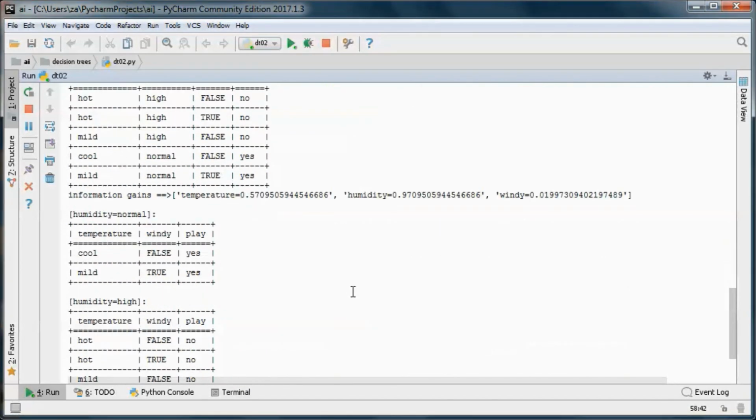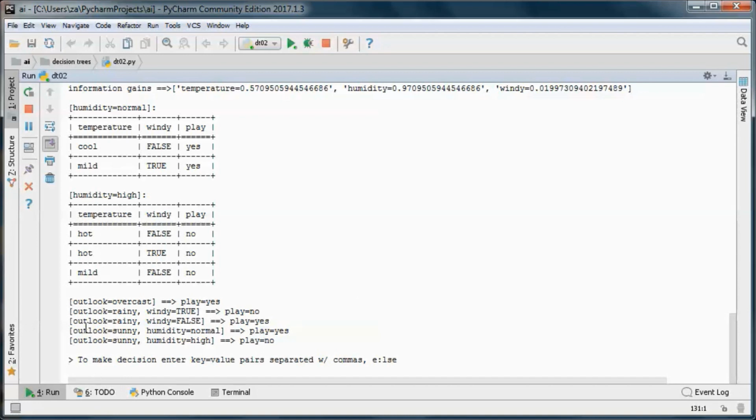So we have this rule, and for Outlook is rainy, we have those two rules.